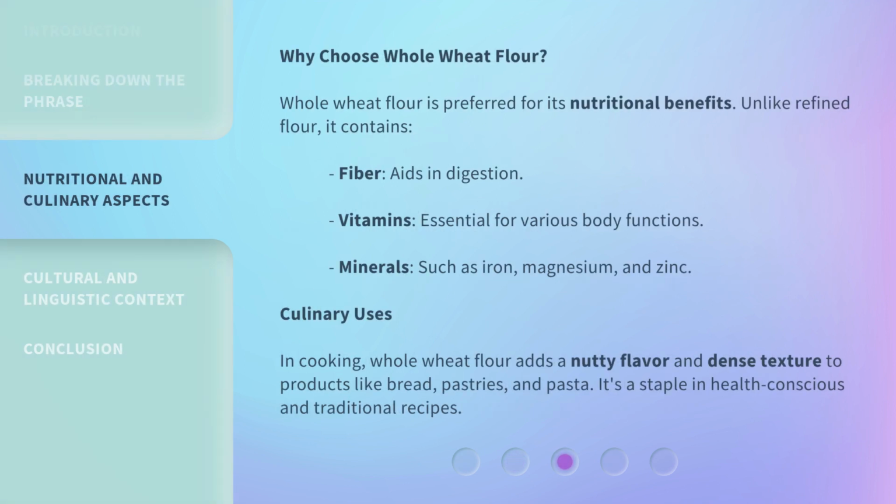Why choose whole wheat flour? Whole wheat flour is preferred for its nutritional benefits. Unlike refined flour, it contains fiber, aids in digestion, vitamins, essential for various body functions, minerals, such as iron, magnesium,